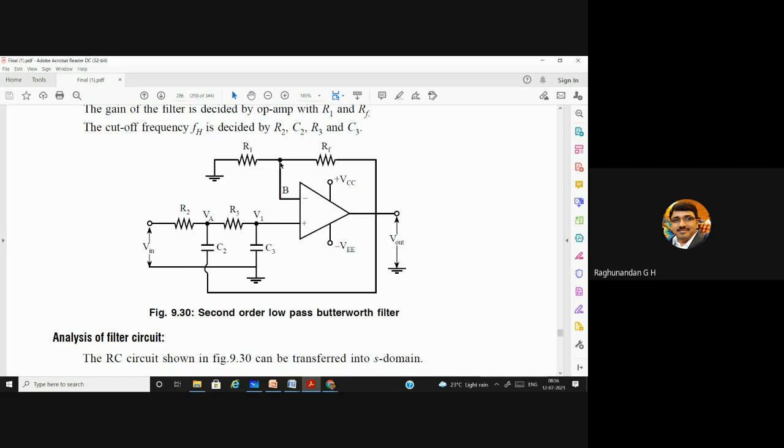To know the effective voltage across this node, we first need to know the effective voltage appearing across V1. We cannot take Vin equal to V1, since we have voltage drops because of R2, C2, R3, C3, so we need to first find the voltage across V1.